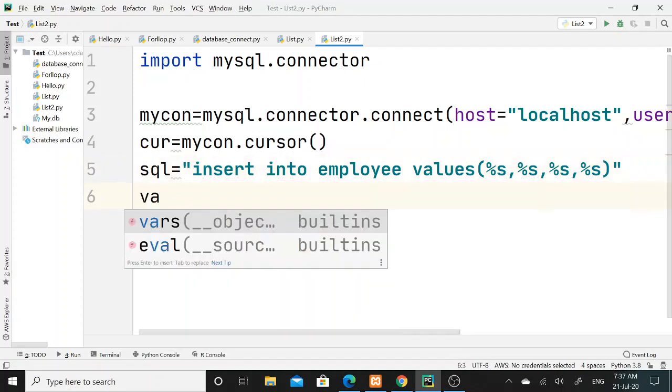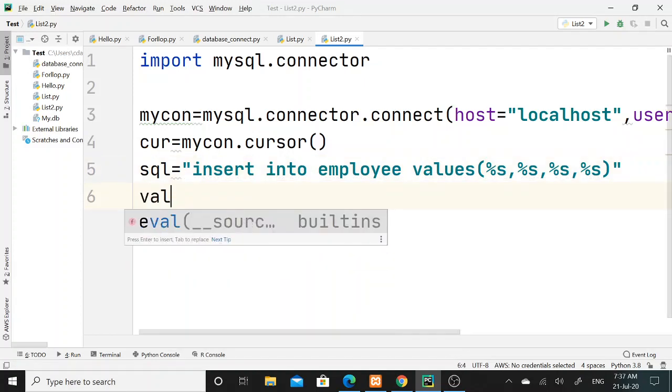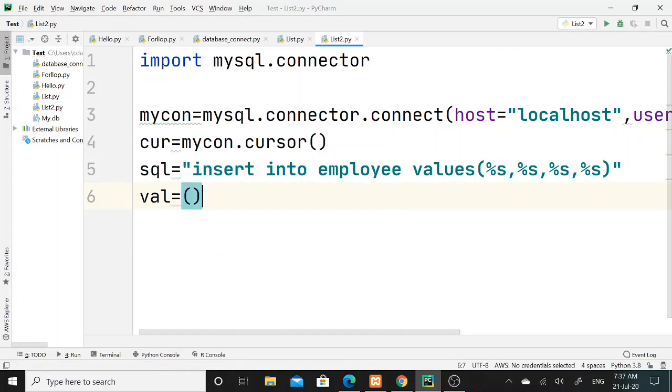And the values that I am going to insert into the employee table, those values I will declare in a tuple data structure.